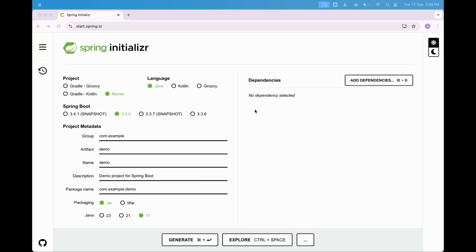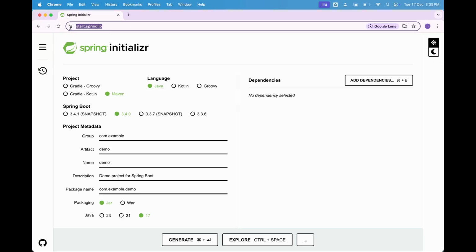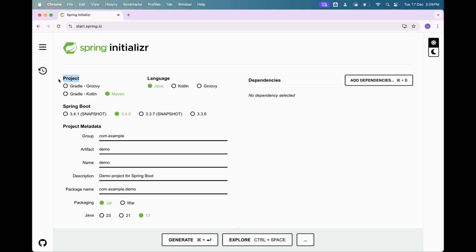Let's create a Spring Boot project. In order to create a Spring Boot project, open this website start.spring.io and provide the configuration. First of all, it's asking for the project type. Here we will choose Maven, and in language we will choose Java, and in case of Spring Boot version